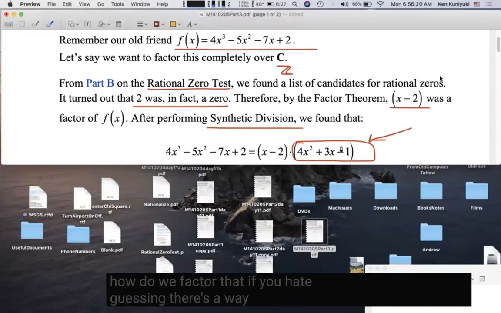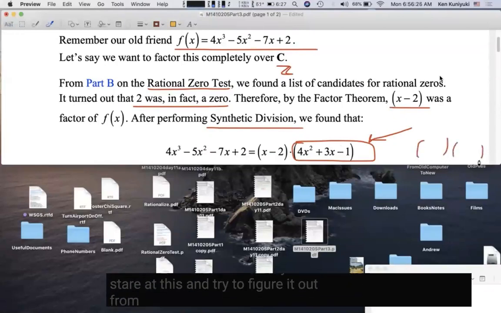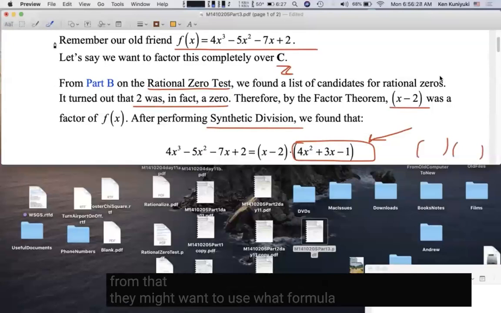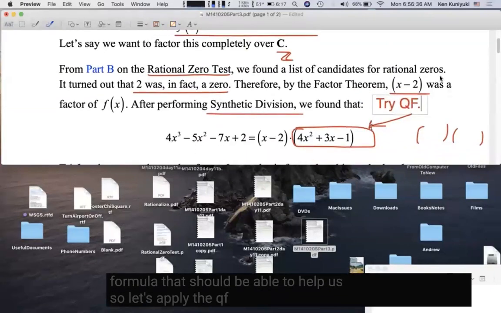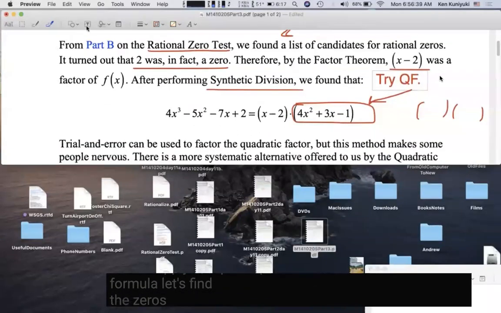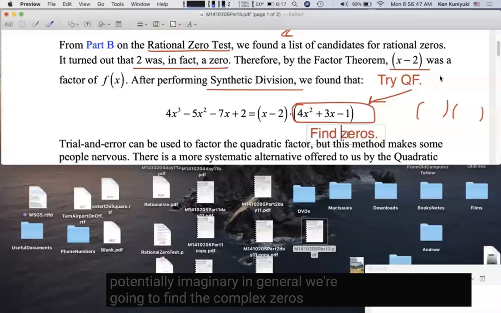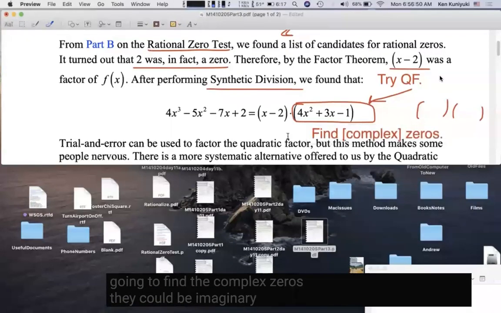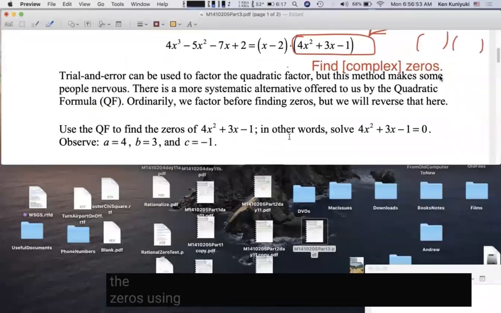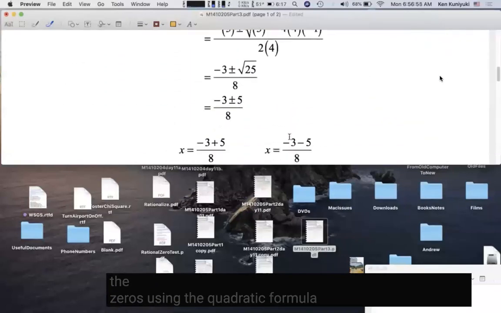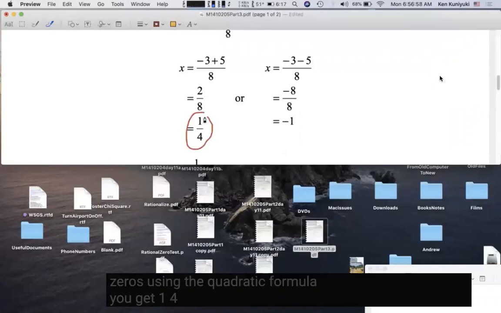If you hate guessing, there's a way to do it without guessing. Because some students may not want to stare at this and try to figure it out from that. They might want to use what formula? Why don't we try using the QF, the quadratic formula? That should be able to help us. So let's apply the quadratic formula. Let's find the zeros first. They're potentially imaginary. In general, we're going to find the complex zeros. So when you find the zeros using the quadratic formula, you get 1/4 and -1,